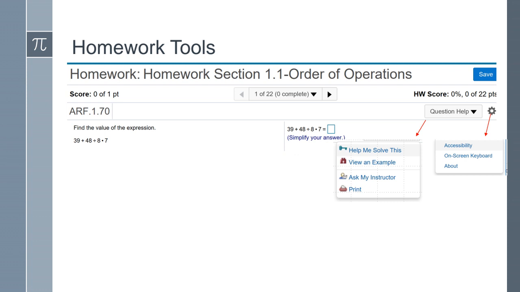If these other features didn't help you out, I encourage my students to use this feature, because it sends an email message to us telling us who you are, what class you're in, what section you're in, and what problem you're having difficulties with. We can help you a lot faster, and it helps us a lot. Okay. And it has a settings feature too for accessibility.